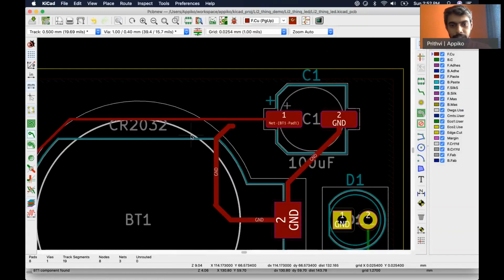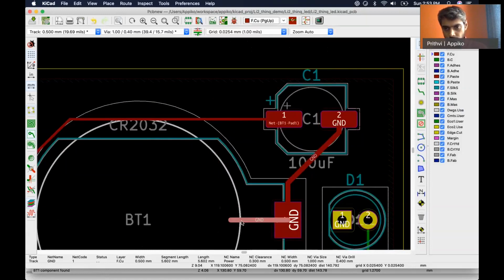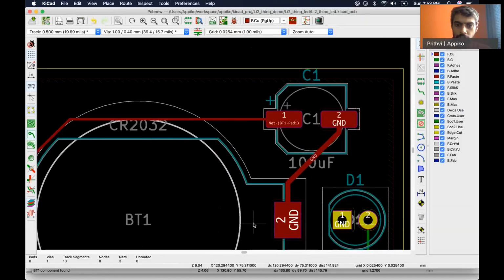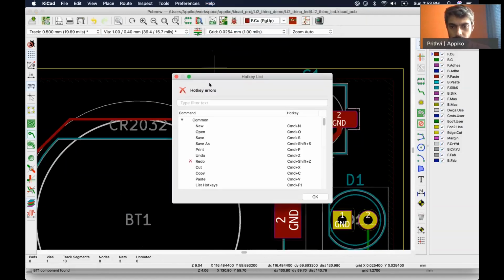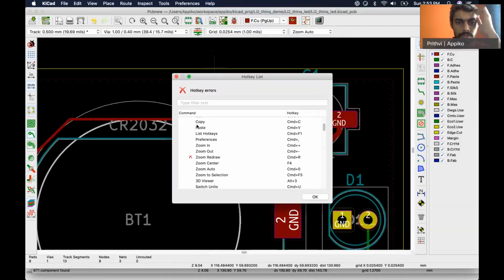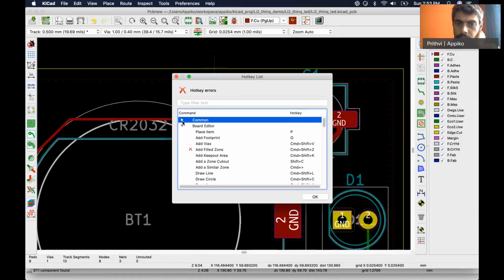I'm just using the delete button to delete the track. And for routing the via, I use the X button, which is one of the shortcuts present in KiCad. To get a list of the shortcuts, just press the question mark, or you can go to help and list the hotkeys. Here are all the different shortcuts that are present.